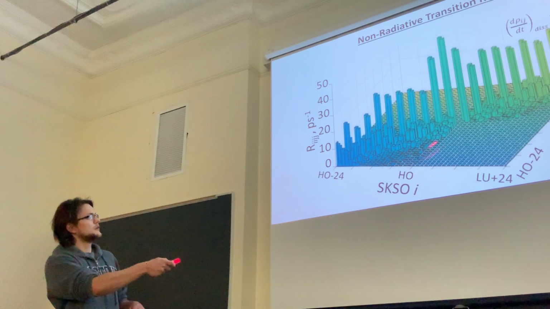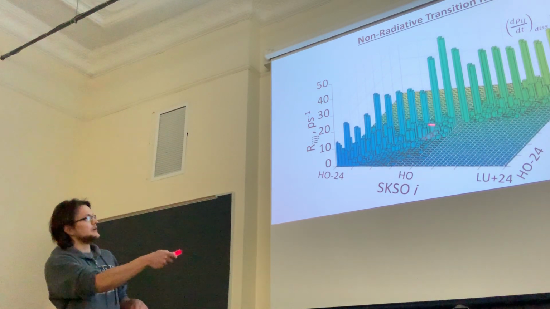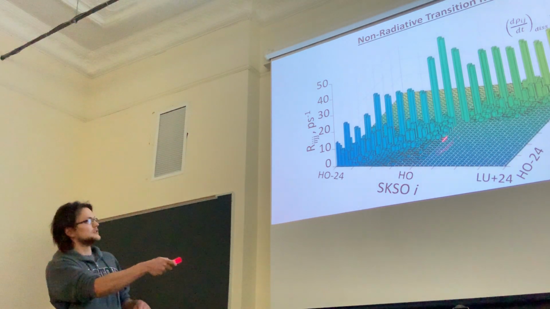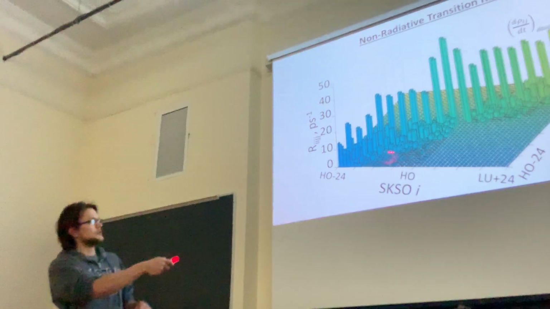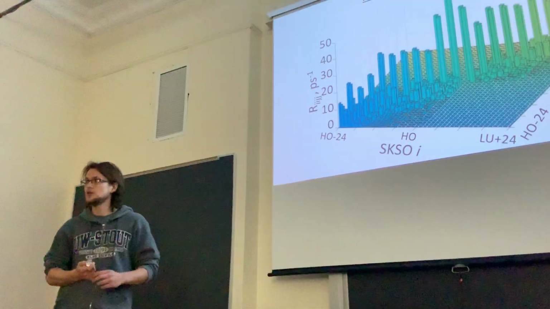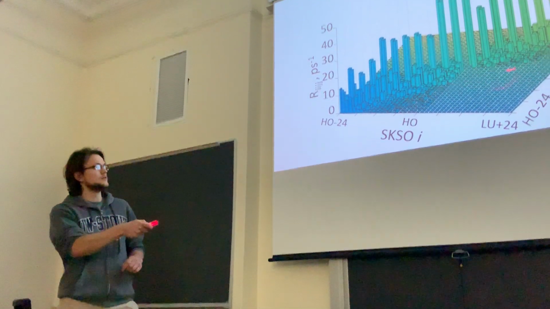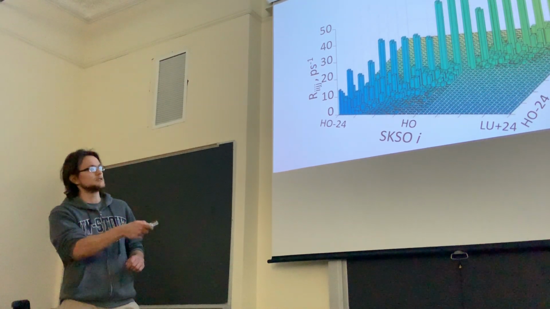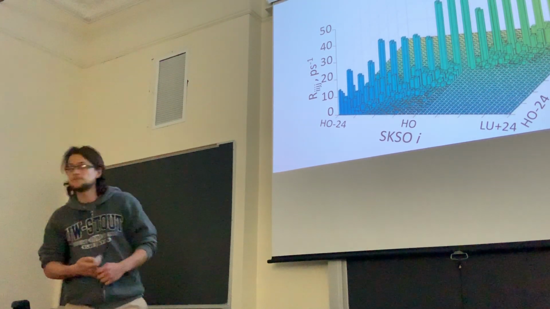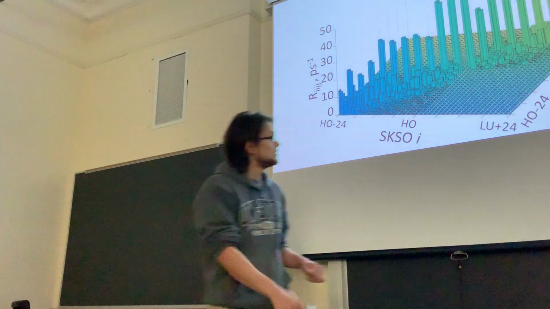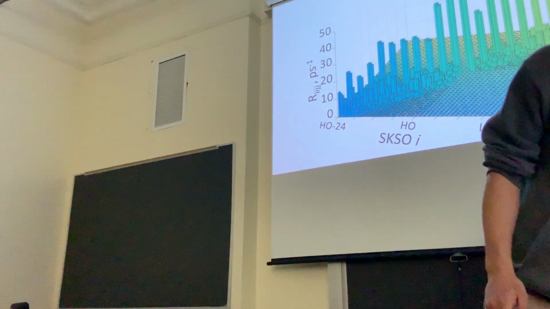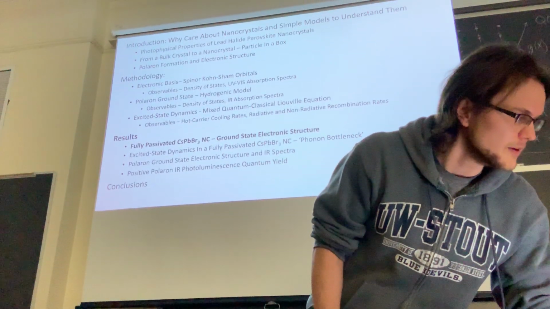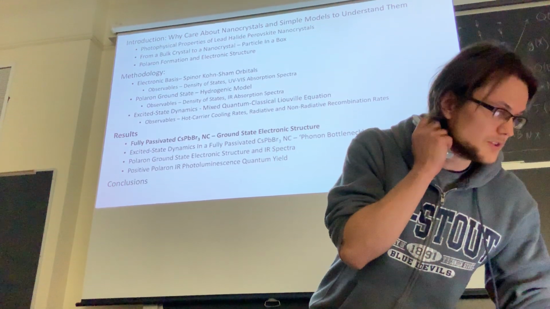And so essentially, this block right here corresponds to HOMO minus 24 to HOMO. So that essentially determines how fast holes cool. So hole cooling rates, and then these correspond to conduction band states. So these describe how fast an electron would cool. So those are the rates that are used to compute excited state dynamics. And so now we'll get on to the results, which